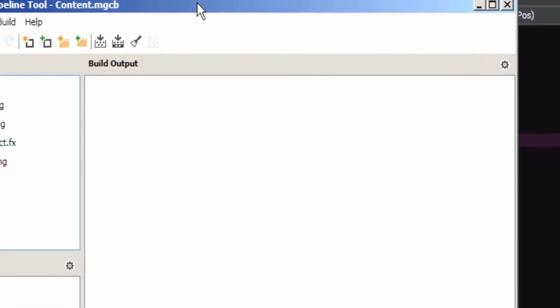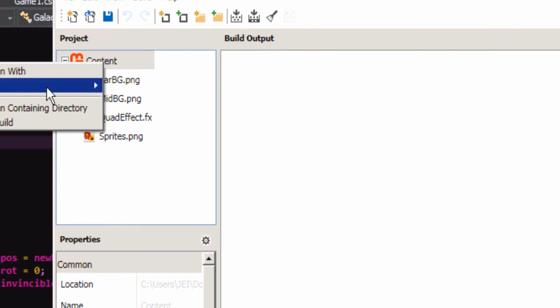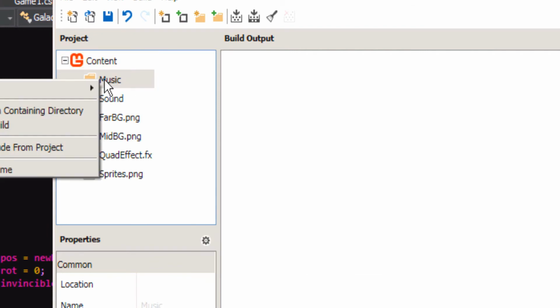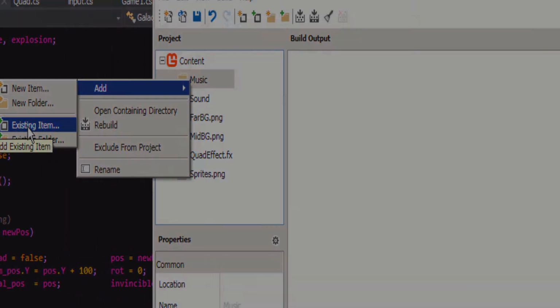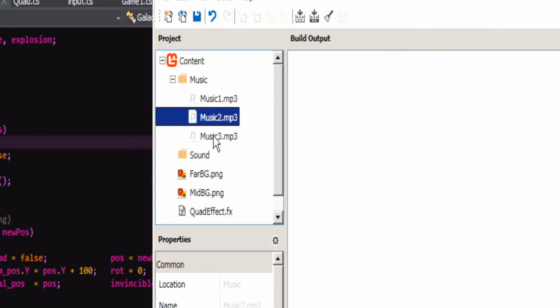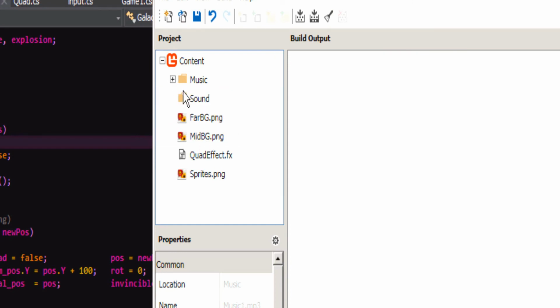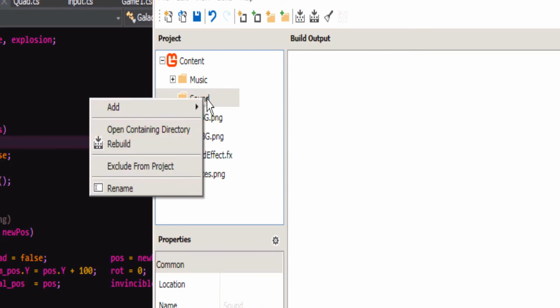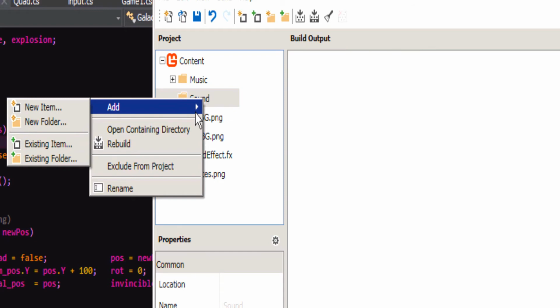Now let's add some sound effects. Go into content, and I'm going to add a couple of folders here. I'm going to add one for sound, and I'm going to add a folder for music. Then I'm going to right click and add an existing song. I think I'll add a couple songs. These are ones that I made, so there's no copyright infringement. And it's good to remember what you named them so you don't use the wrong file name. Keep in mind what kind of capitals and stuff you're using. Same with the sounds, you don't want to use somebody else's unless you have permission or it's royalty free. So I'm going to add my own.